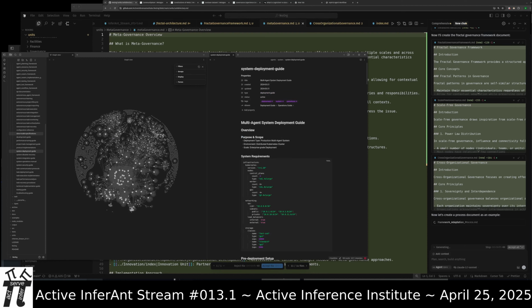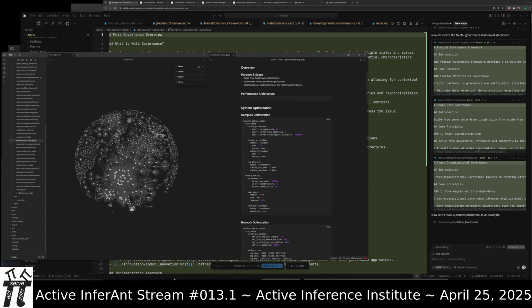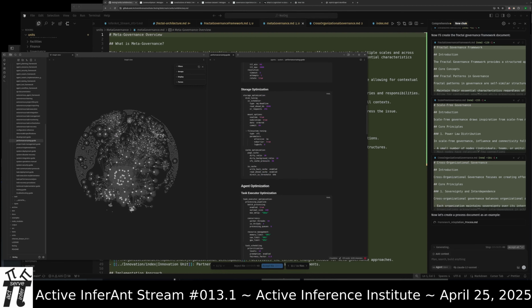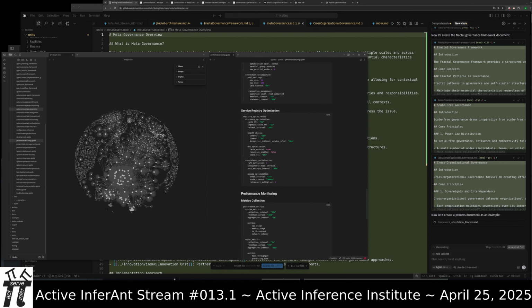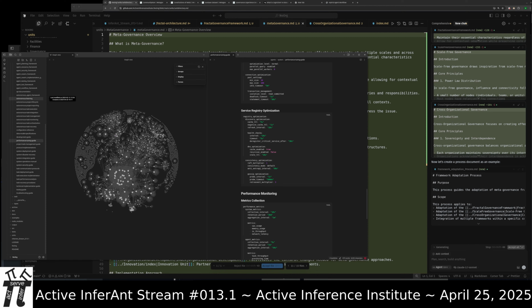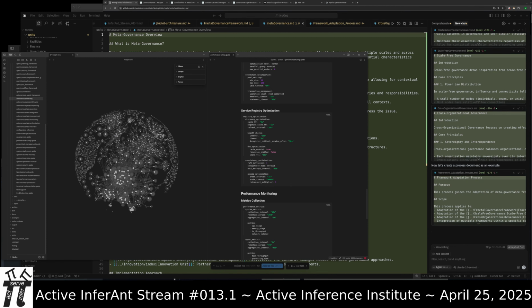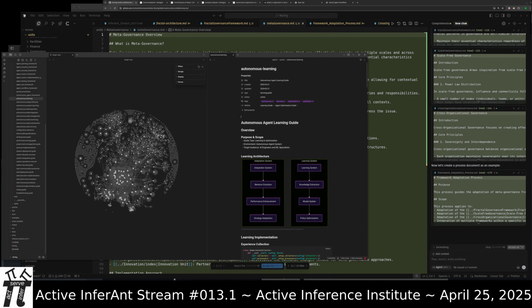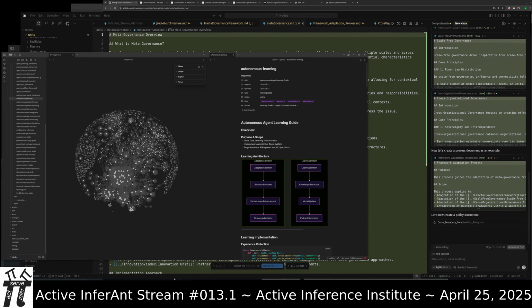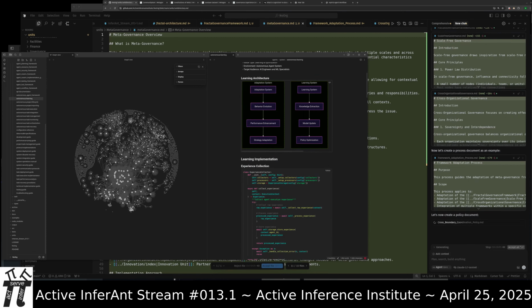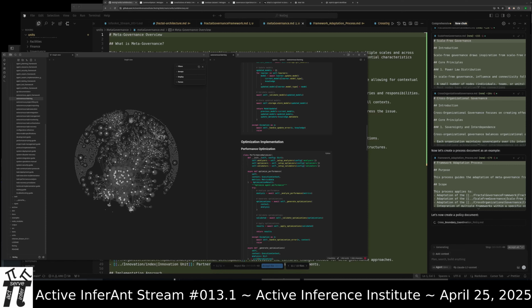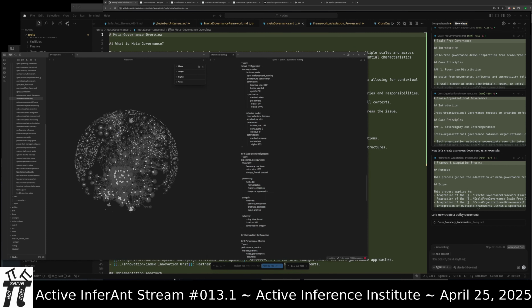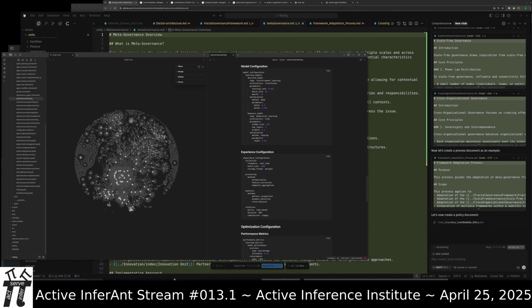Like if we want to talk about how do we tune performance in multi-agent systems? Just some pseudocode, some different ideas, some different patterns. How do we think about autonomous learning? How do we think about learning architectures, learning systems, different ways? It could be pseudocode, but this is not meant to be executable directly.